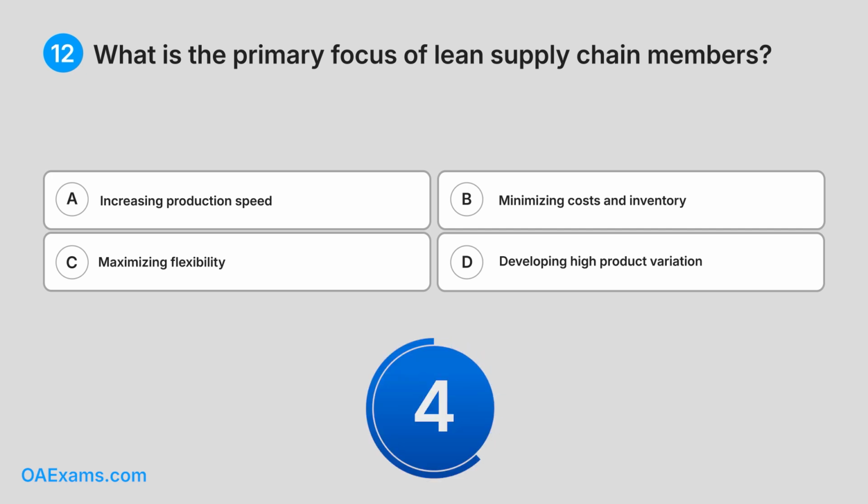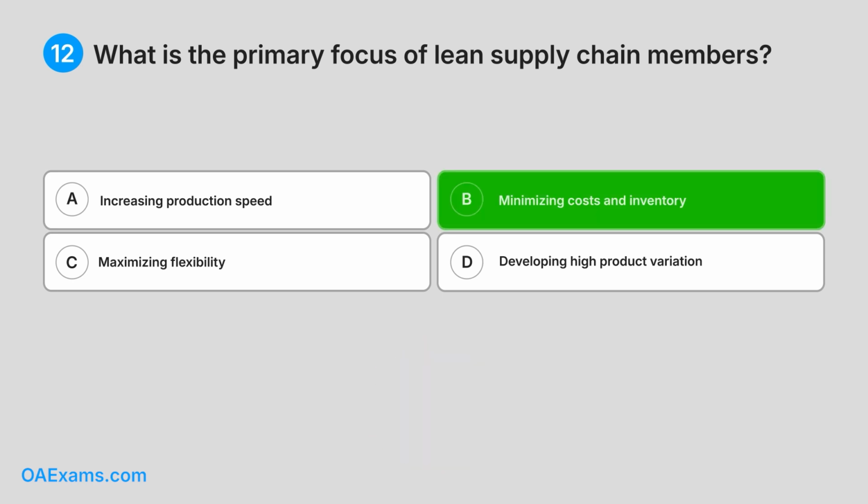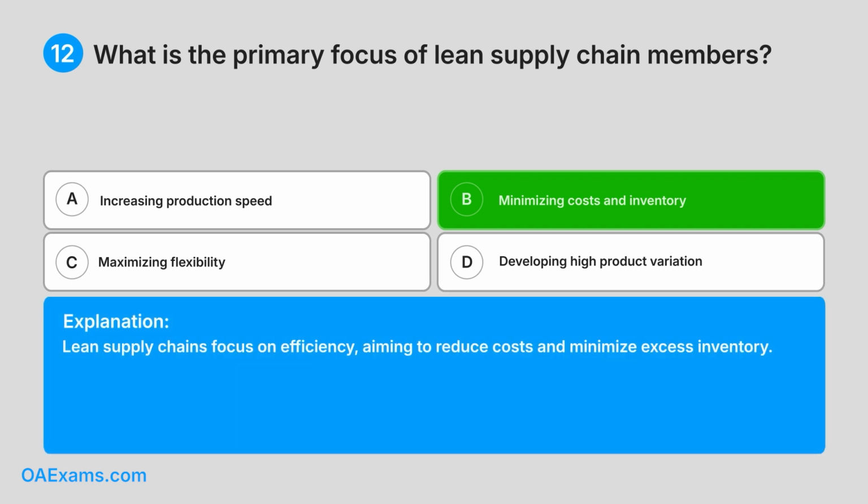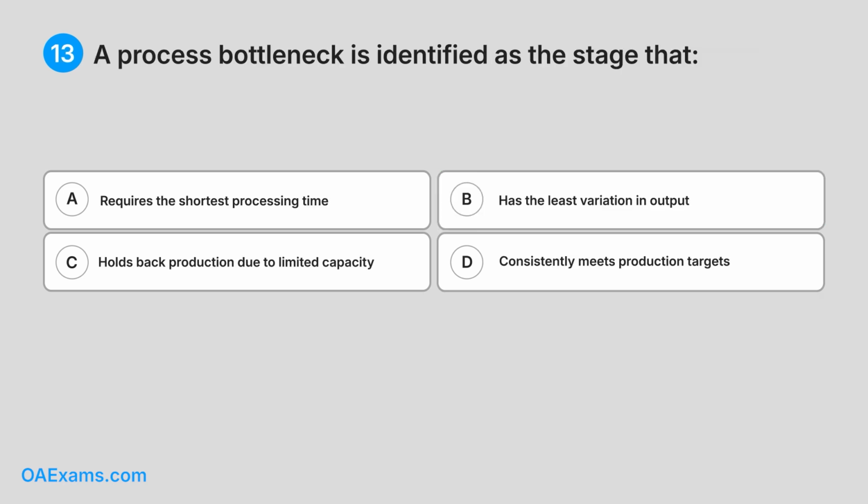Can you guess the answer? Correct answer, B. Minimizing costs and inventory. Explanation: lean supply chains focus on efficiency, aiming to reduce costs and minimize excess inventory. 13. A process bottleneck is identified as the stage that A. Requires the shortest processing time,